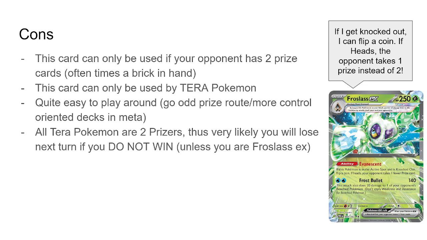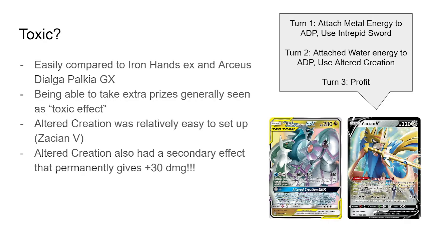And finally, this is actually kind of a big point. Because of the restriction that it can only be used if your opponent has 2 prize cards, all Terra Pokemon are 2 prizers. Thus, if you do not finish the game right then and there, you will very likely lose, unless your name is Frostless EX and you flip heads, in which case I guess you could stall out for an additional turn. So yeah, generally speaking, I think this card...